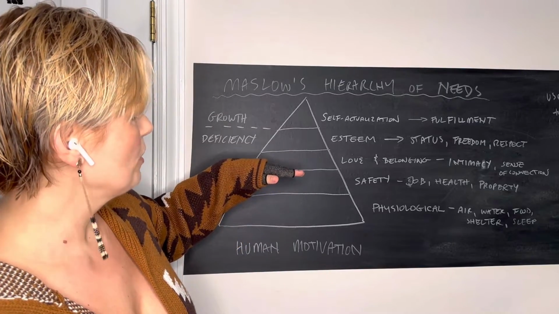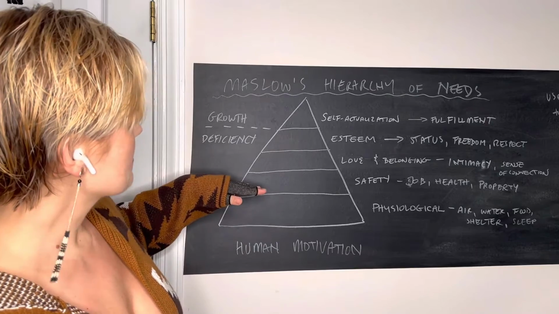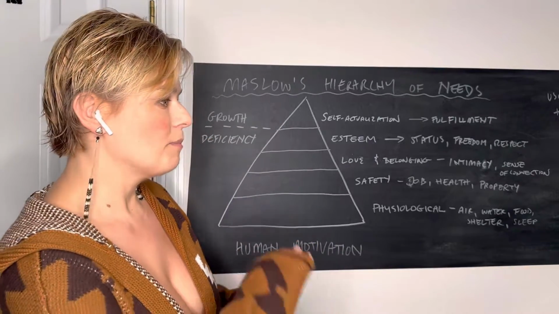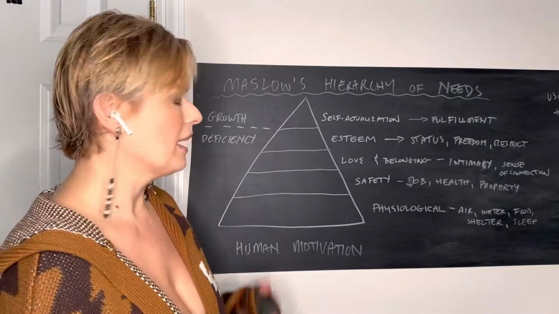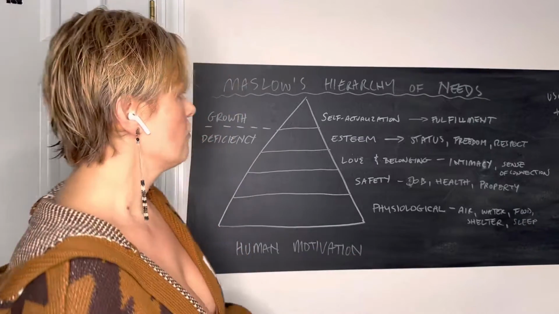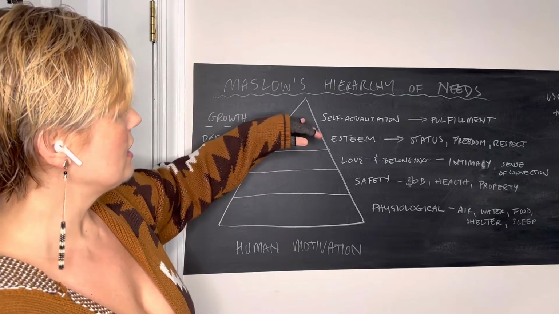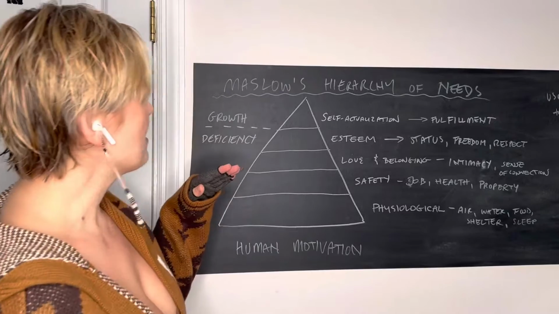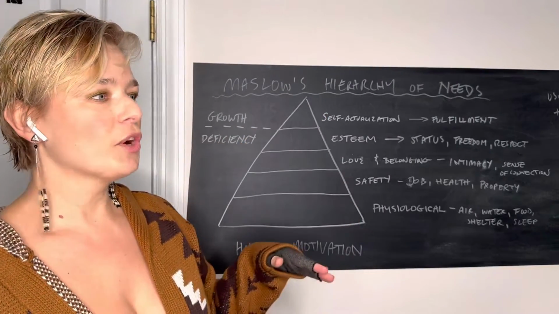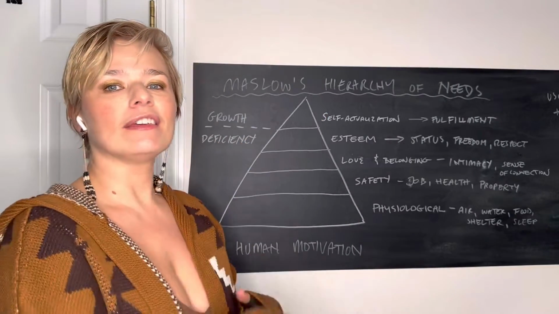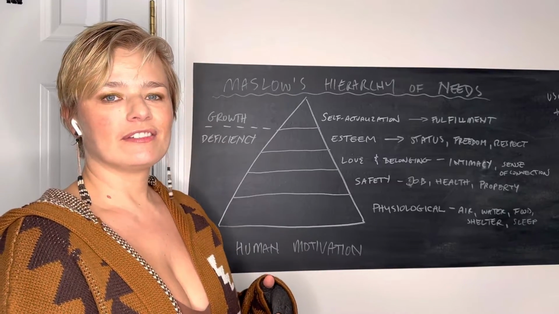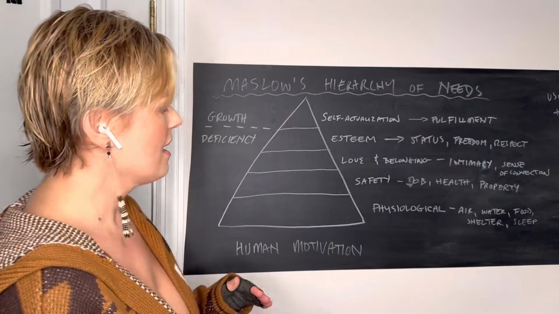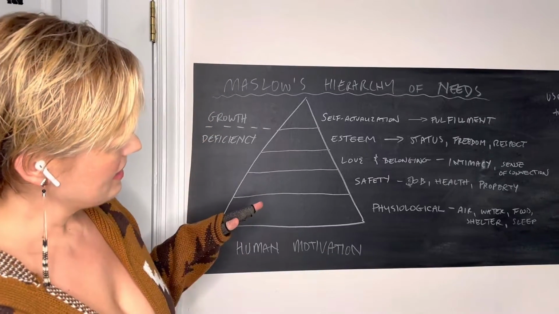And they separate into 2 areas, where in the first 4 needs, it's being deficient in one of them. So I don't have enough of something, versus the last need, self-actualization, lots of tongue twisters for me today, that's a growth need. So it's adding things on top of, versus fulfilling things you don't already have. Hope that makes sense. So what are these needs?